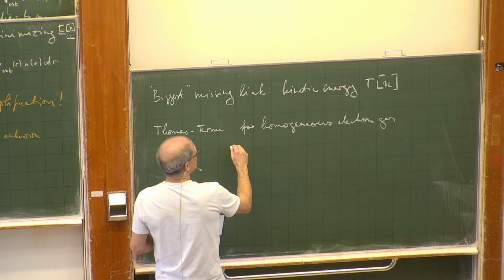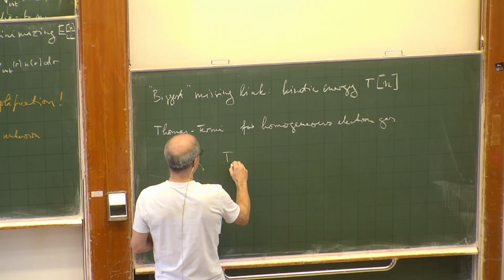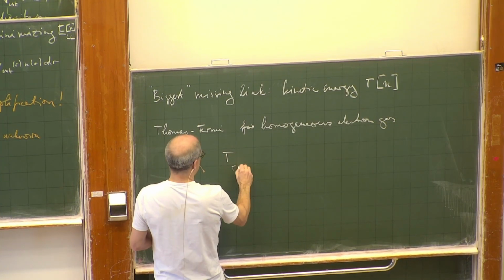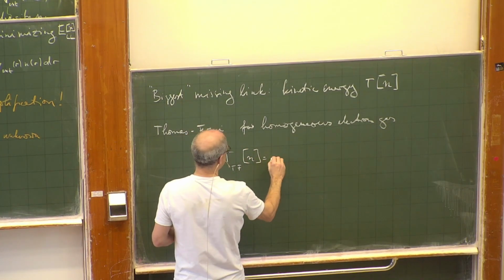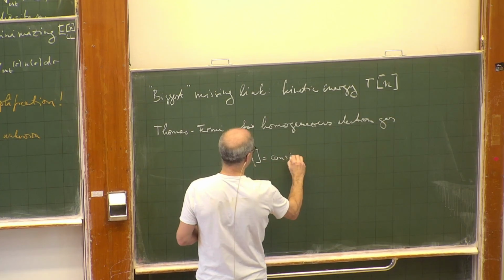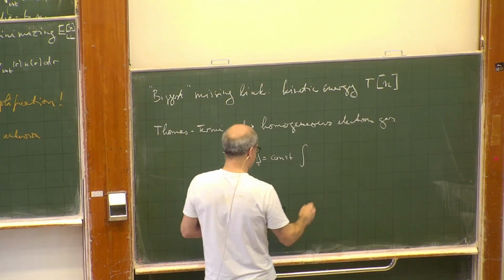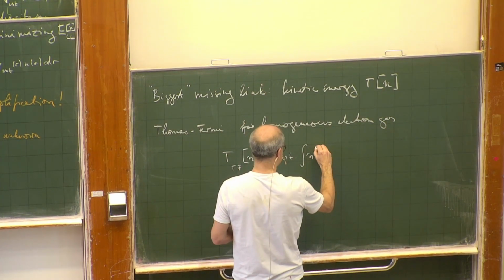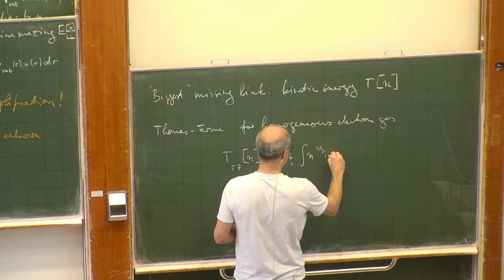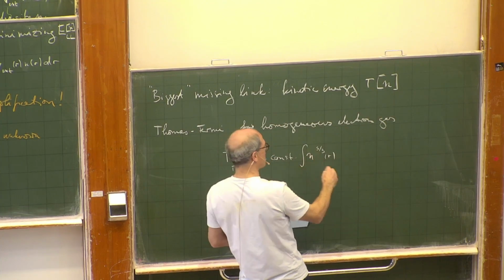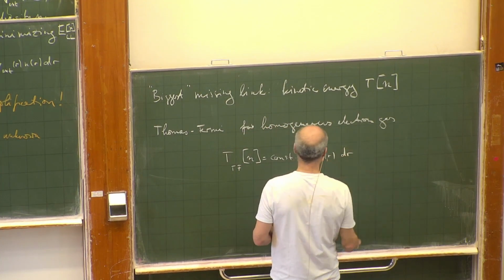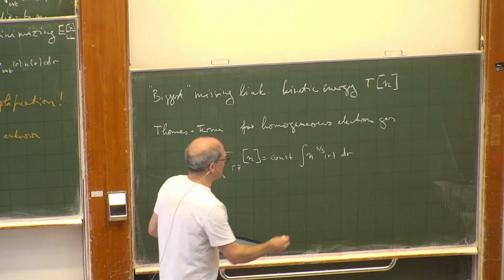So then you can say that, I'm writing TF here for Thomas-Fermi, the kinetic energy is some constant times the integral of n raised to the power of 5/3 dr. That's a nice and simple formula,